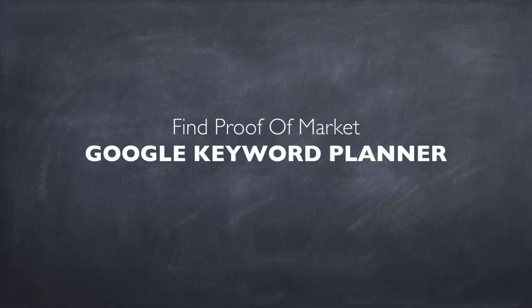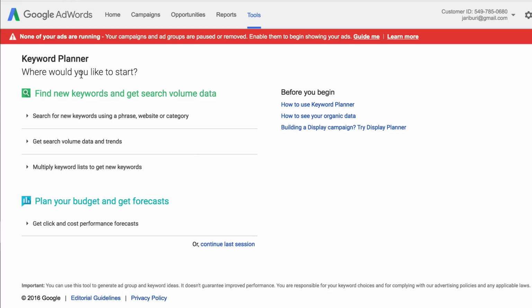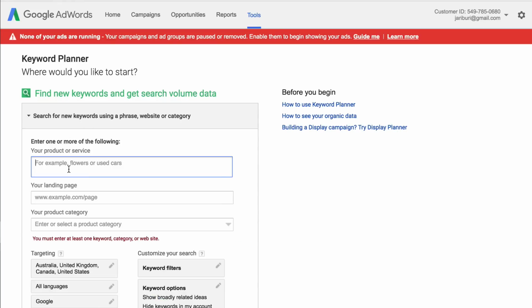Let's use Google Keyword Planner to find market proof for our course idea. So just type Google Keyword Planner on Google, then you'll find it. You click on it, and then enter your Google password, and then you'll go into this page, and you have different options. You're going to select search for new keywords using a phrase, website, or category, and then you're going to enter your topic, and then you can modify this and try to find different variations of it. But let's say we're just looking for meditation for entrepreneurs, try to see that there's actually people looking for this,